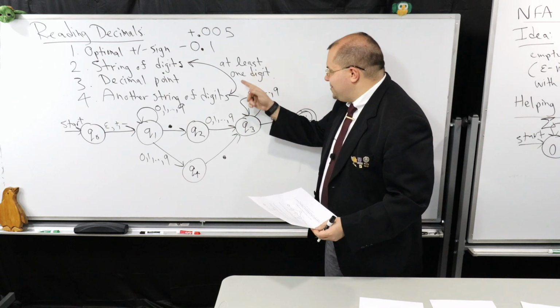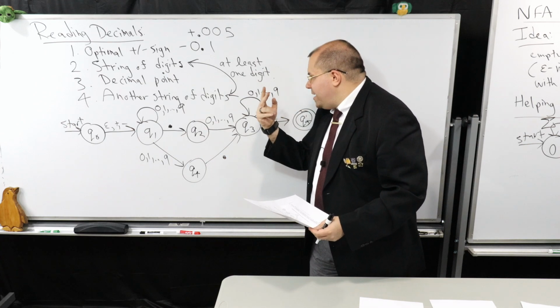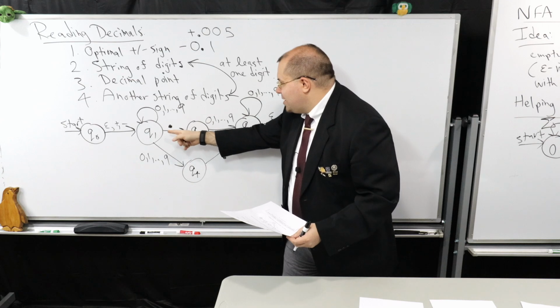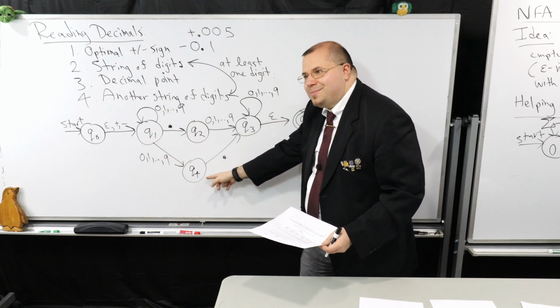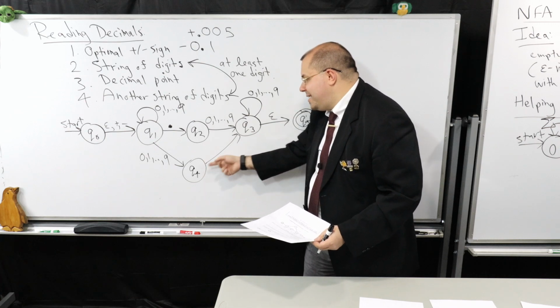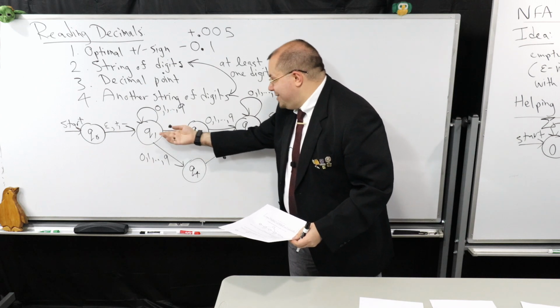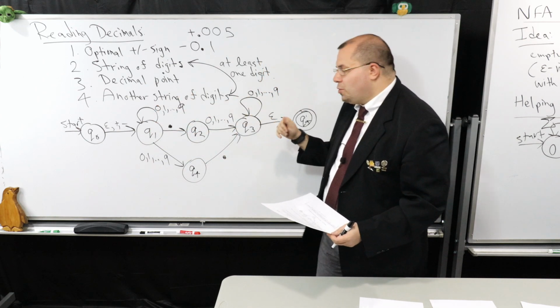So if you look at this, first I have my optional plus minus. There's two cases. There's a possibility I'm going to enter in some digits. So if I take this path, I could guarantee there's at least one symbol on the left side. Then I could take the decimal point. Or if I want to take more, I could indeed stay here in this state and read more, or I could transition on both of these if I'd like.